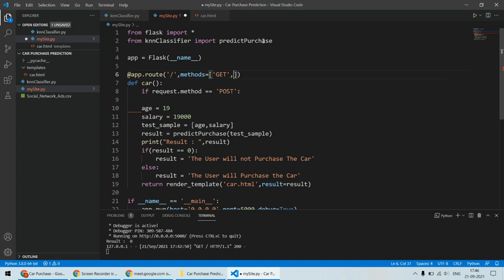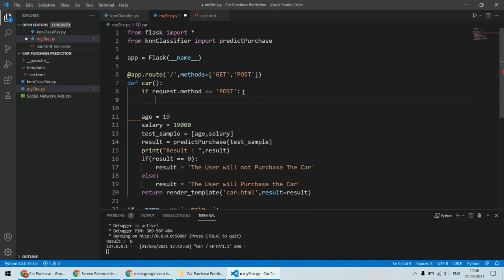This is the HTTP protocol; these are the HTTP methods which are used to establish a communication. So here these two things, GET and POST request, will happen. So if the request dot method equals to POST, that means if something is submitted or if the form is submitted there, in that case we will check if